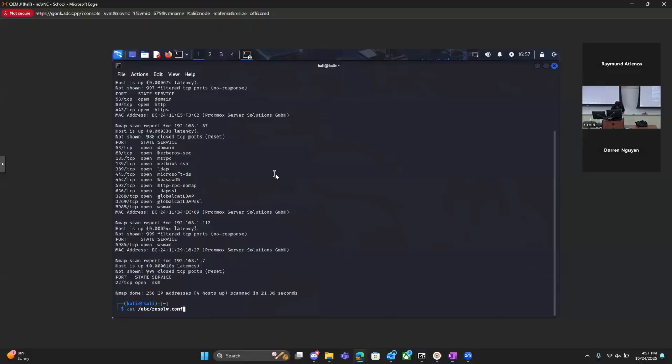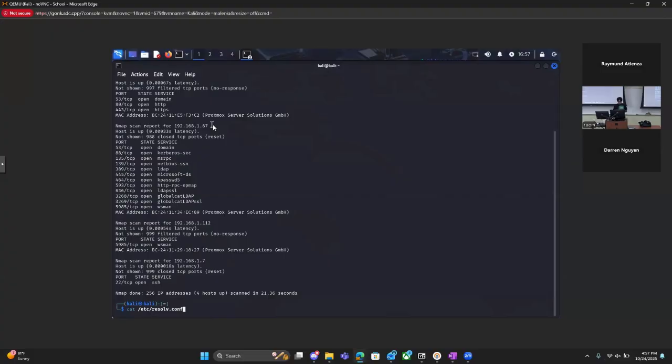So your next task was to identify what the domain controller was. So looking at the services, you could easily tell that it's